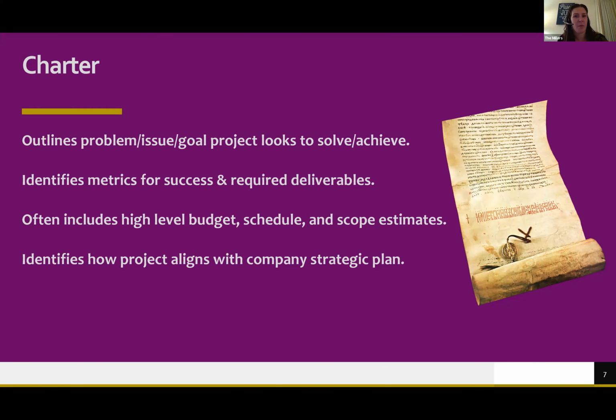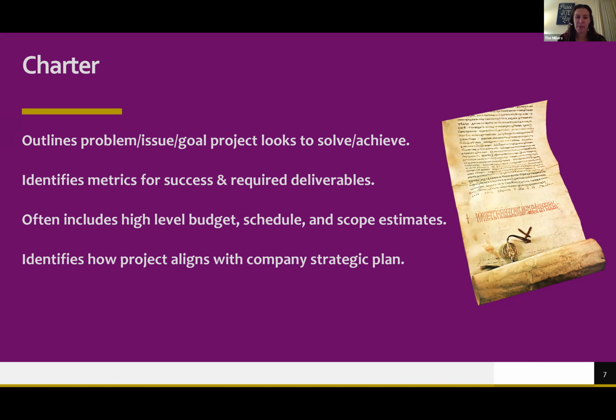Any project that a company undertakes is going to take resources, whether that be time or talent. And because it's going to take those resources, there's an opportunity cost to that project. So every project that you undertake should align with a company's strategic plan. And if you don't know how the project aligns with a strategic plan, or your team doesn't know, you should pause and address that prior to moving forward and taking company resources.